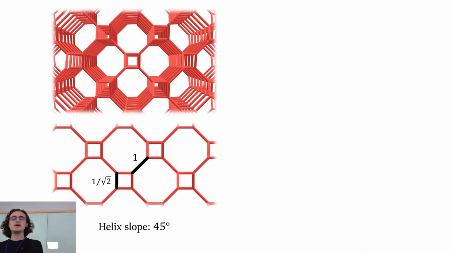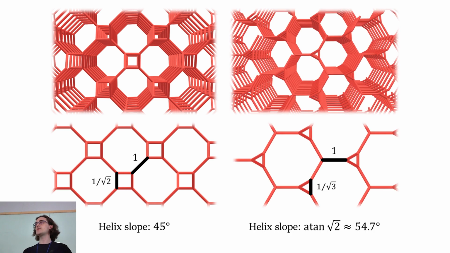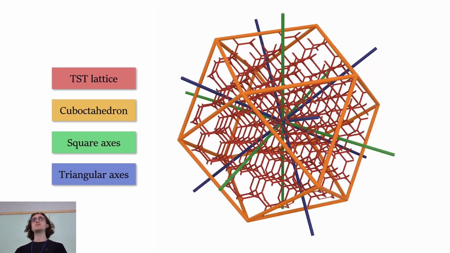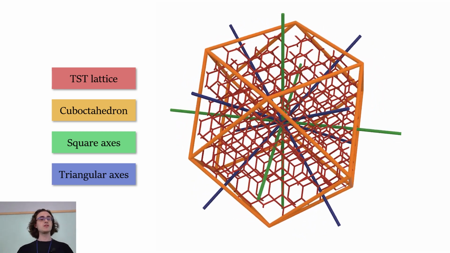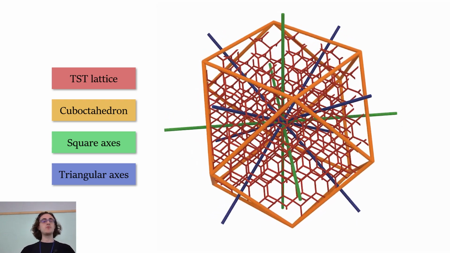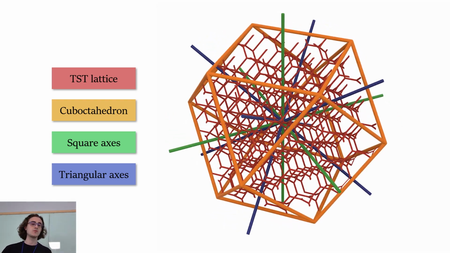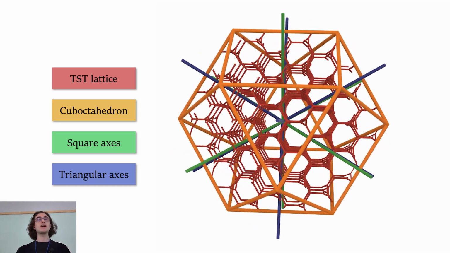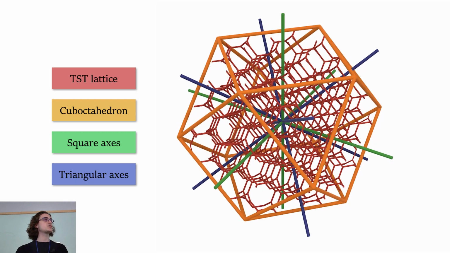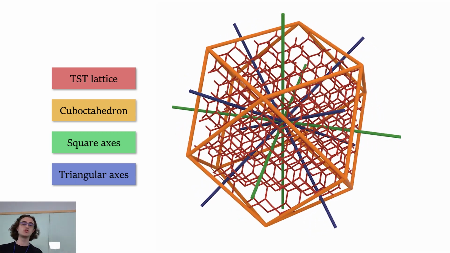Even more interesting is that, here's the projection down of those square helices. And while there are three sets of square helices, there are simultaneously four sets of triangular helices that themselves also constitute the lattice. And they're a little smaller. And collectively, here's something showing all of them. You have the lattice in red, you have the square axes, the orthogonal square spiraling axes in green, and you have the four triangular axes in blue. And together, they actually correspond to the faces of a cuboctahedron.